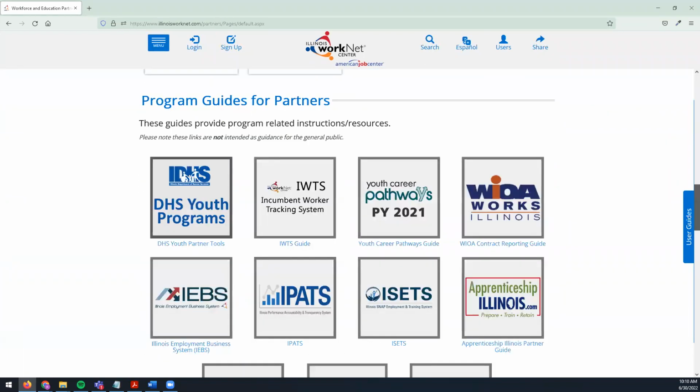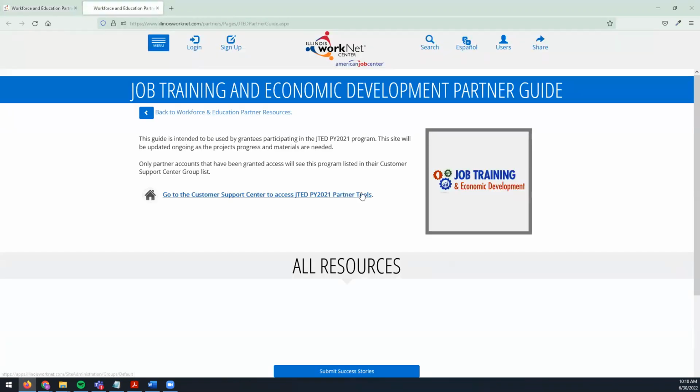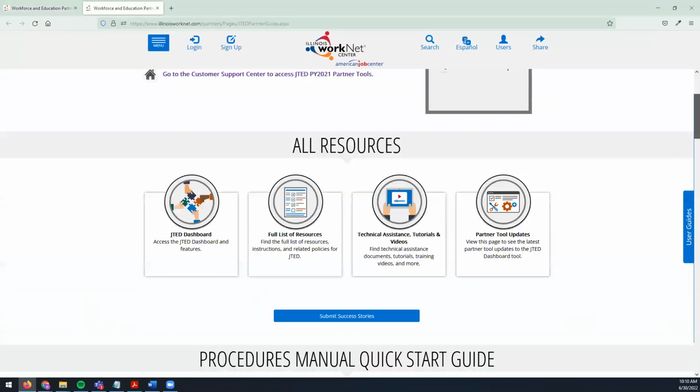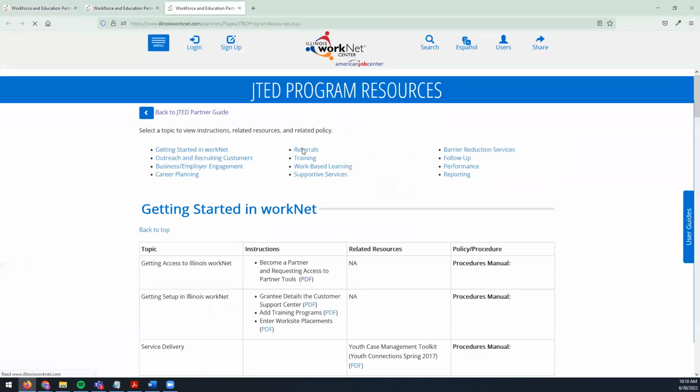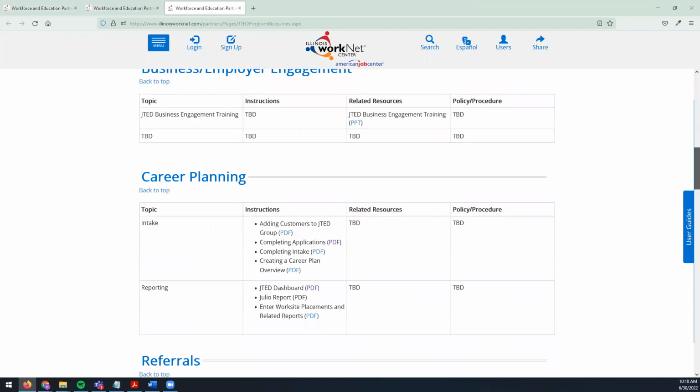In the partner guide, list of resources,